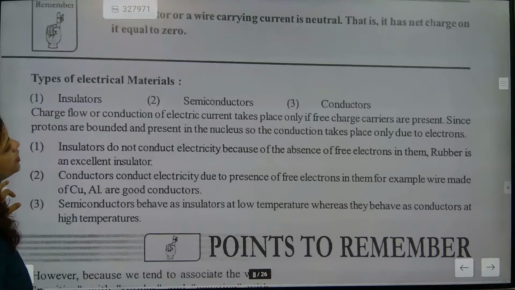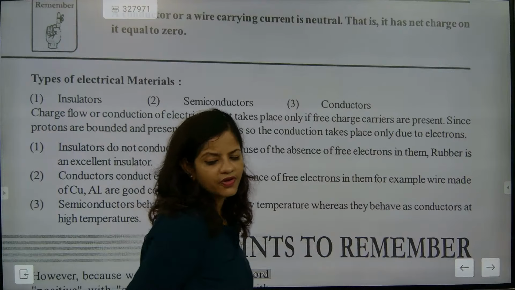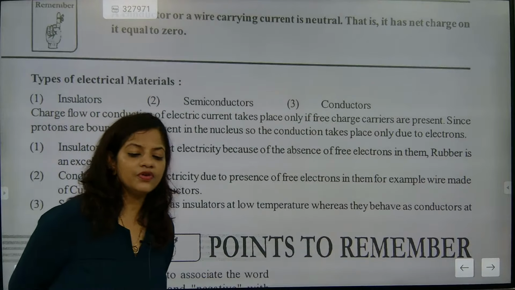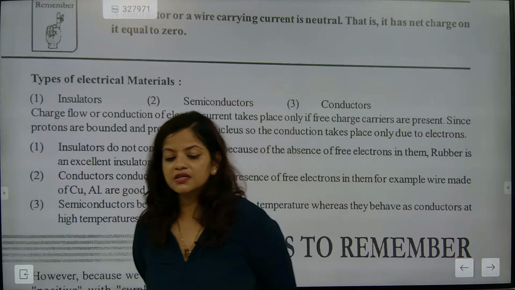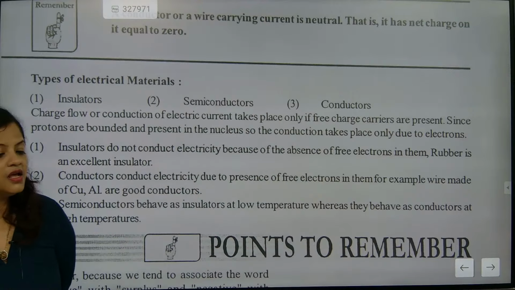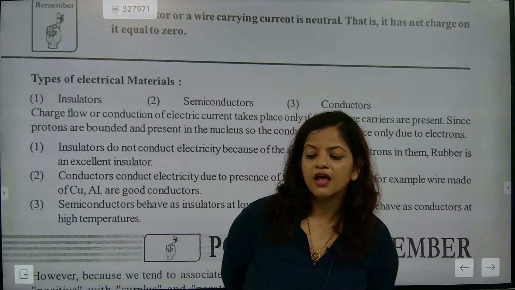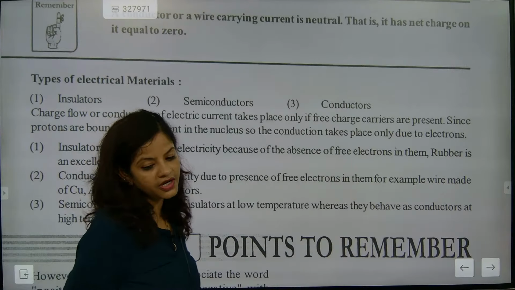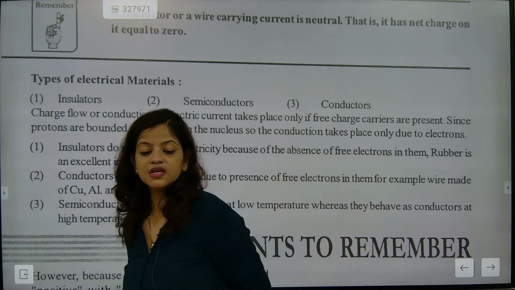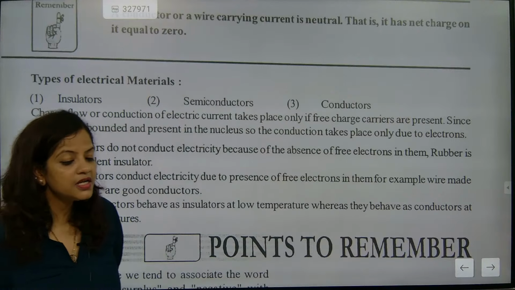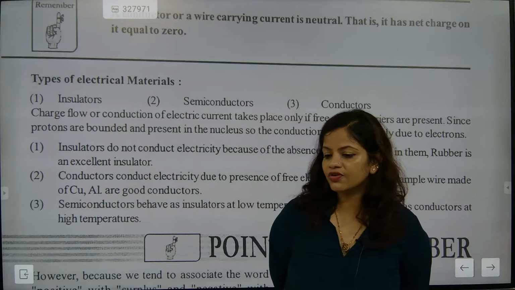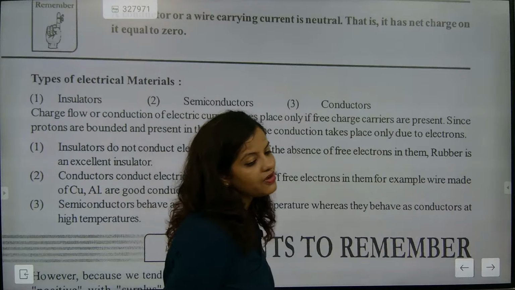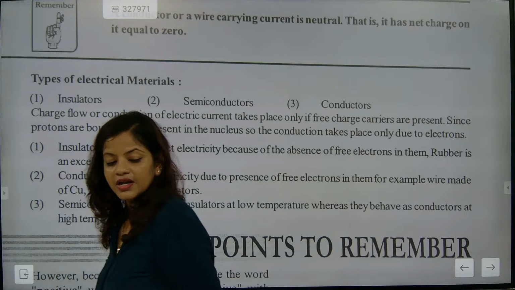Now look here. Now we are going to understand. See, there are three different types of conducting devices. People have a misconception and understand it in a different way. But we need to understand: insulators, semiconductors, and conductors. How many different types are there? Insulators, semiconductors, and conductors. What is the meaning of insulator? The ones which do not have any free electrons are considered insulators. They will not conduct current because of the lack of free electrons. So they are called insulators.